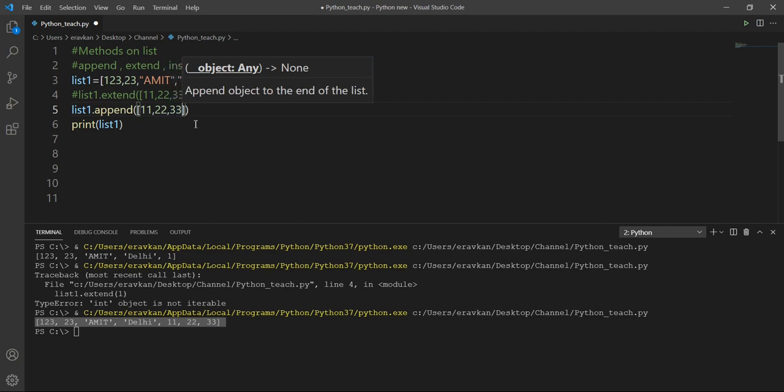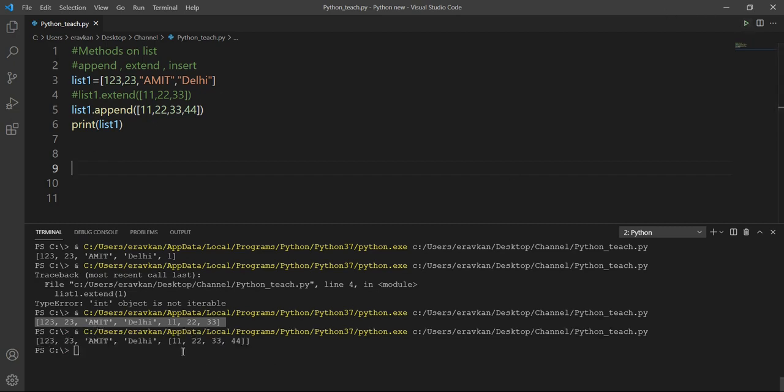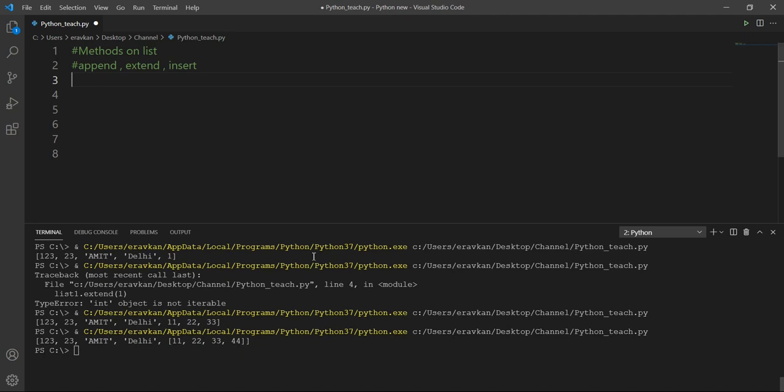In append I can specify only a single element. In this case I am appending only a single element, and that single element is my list. See, in extend these were added as part of the original list, but here I have created a list inside the list. So this is the main difference between append and extend. Okay, I hope it is clear.